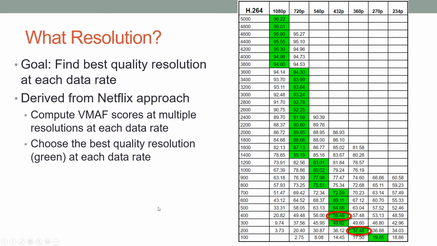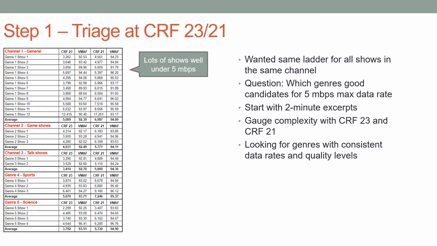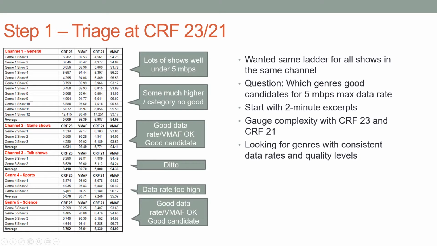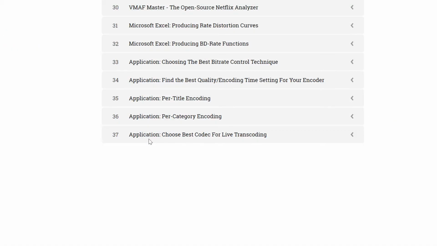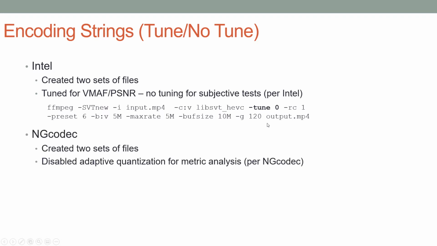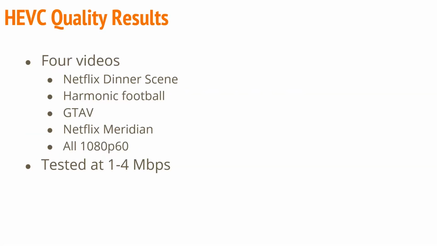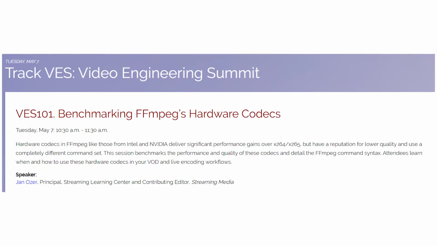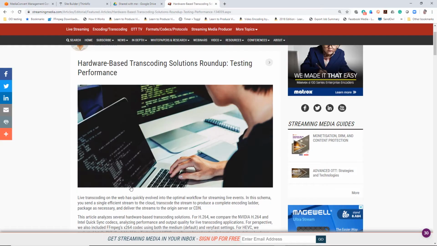Here you learn how to create an encoding ladder for a single file, and here you learn to evaluate categories as to whether or not they're appropriate for a per category encoding ladder or a separate ladder for that category. And then here we look at choosing the best codec for live transcoding, and this details all the decisions that I made regarding test clips, encoding parameters, subjective tests, objective tests, and presentation for an analysis of hardware transcoders, both H.264 and HEVC, that I presented at Streaming Media East in 2019